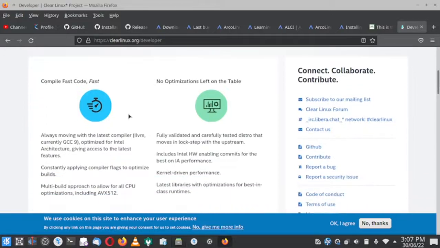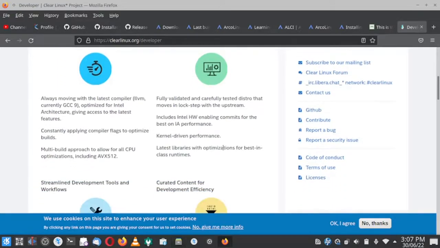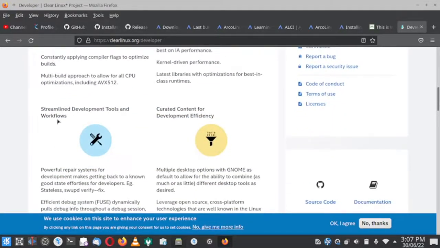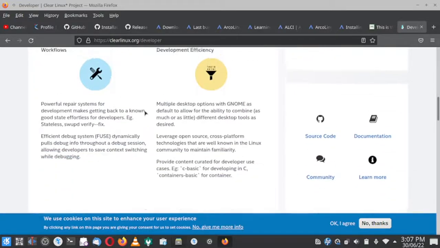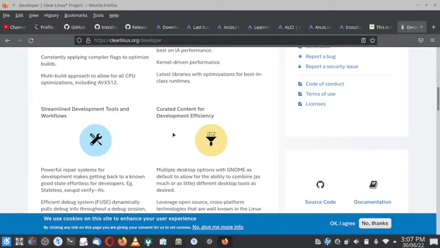You can use the latest compiler in ClearLinux to compile your code fast. There are no optimizations left on the table. All the Intel hardware enabling commits for the best IA performance are there. The kernel driven performance is present. Latest libraries with optimization for best in class runtimes. A fully validated and tested distro that moves in lockstep with upstream. There are streamlined development tools and workflows, curated content for development efficiency,